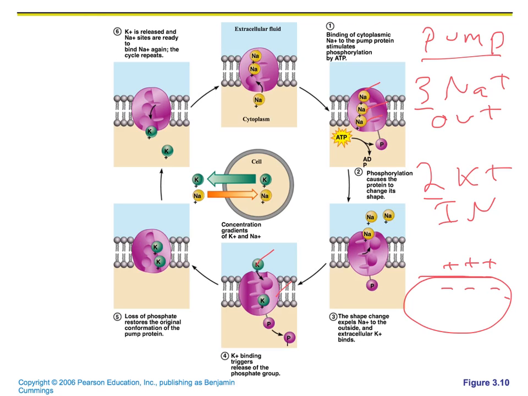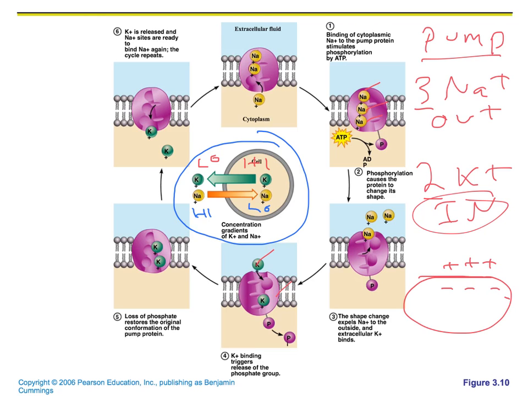This pump is moving these ions against the gradient, uphill, so to speak. In the center here, you have the indication of the gradient. So sodium wants to move in. The reason for that is because the sodium is in a higher concentration outside of the cell and in a lesser concentration inside the cell. Potassium wants to move out because potassium is in a higher concentration inside the cell and a lesser concentration outside the cell. But even though the gradient is pressuring the potassium to move out, we're going to pump it in,